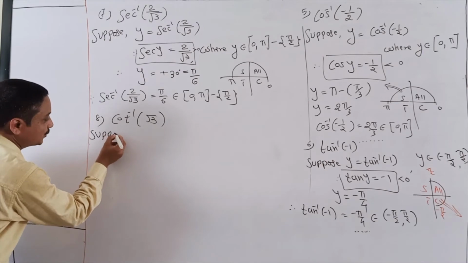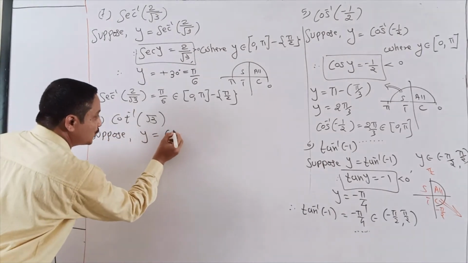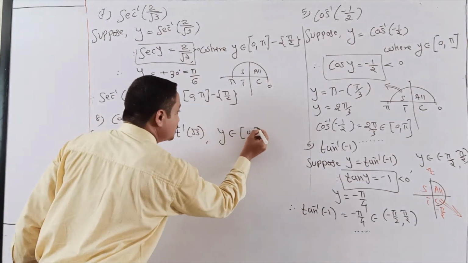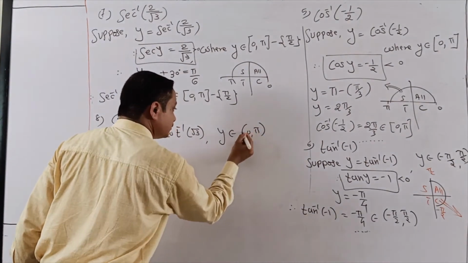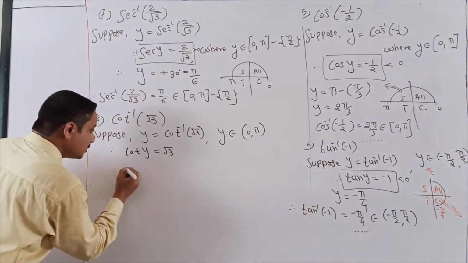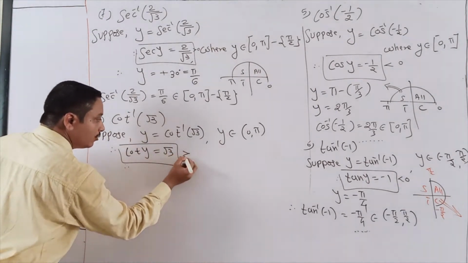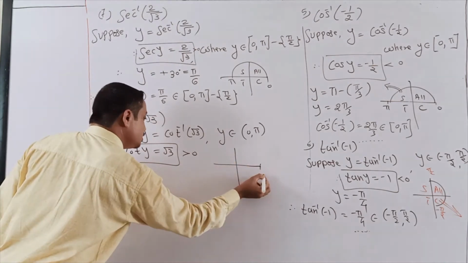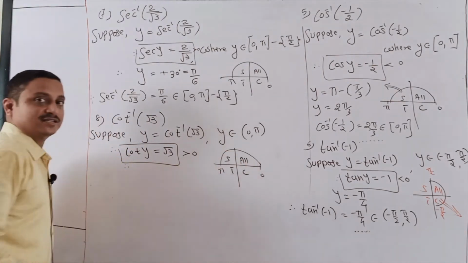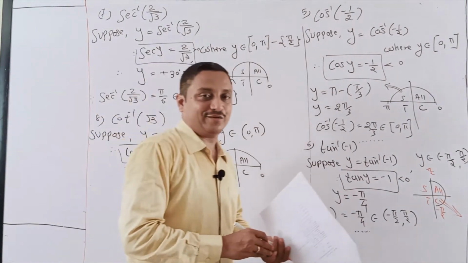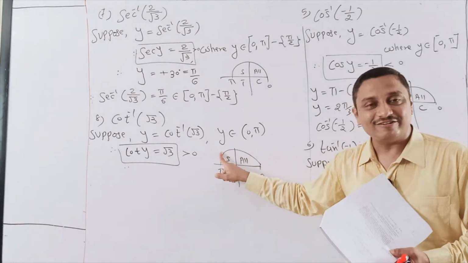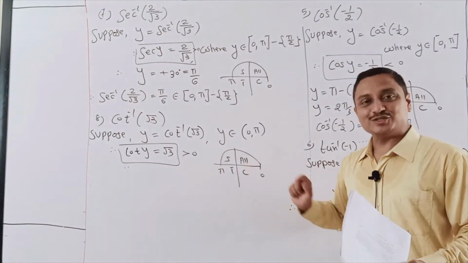Suppose y is equal to your question, where y belongs to my range 0 to pi, open bracket. So what is cot y? Root 3. Now it is positive in this range 0 to pi. One more time, repeat all STC wise. Students, check: where is cot positive? Either in the first or the second quadrant. Yes, it is the first quadrant.